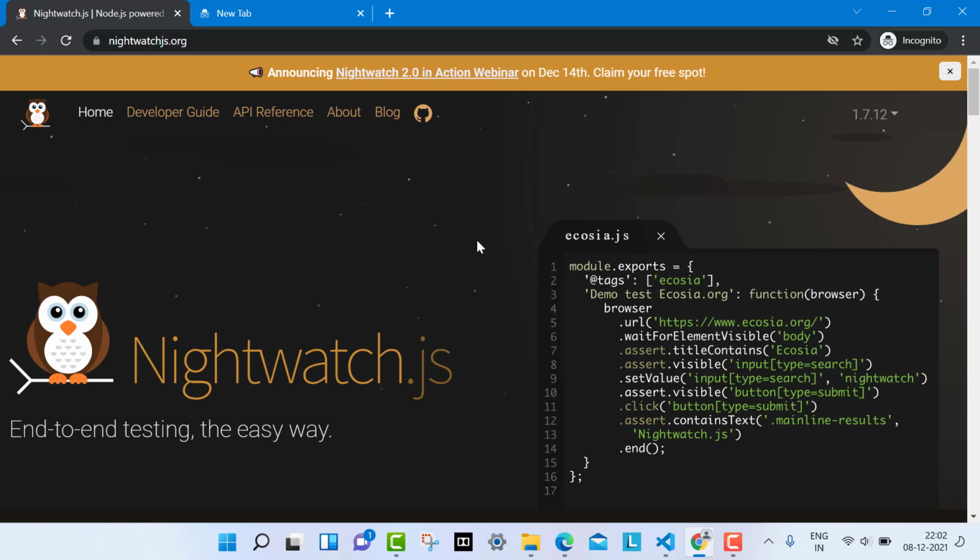They had some other test runner, but not the Cucumber runner, right? So version 2 has come up with the Cucumber runner. This is the major benefit.